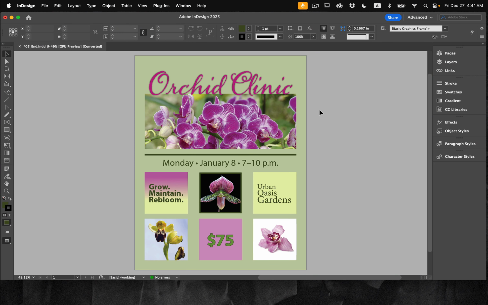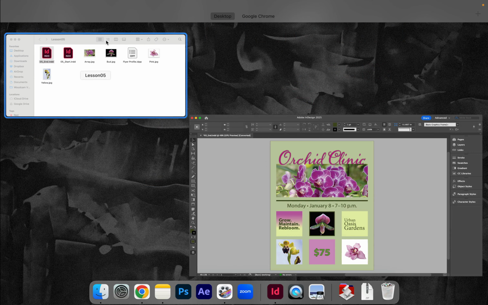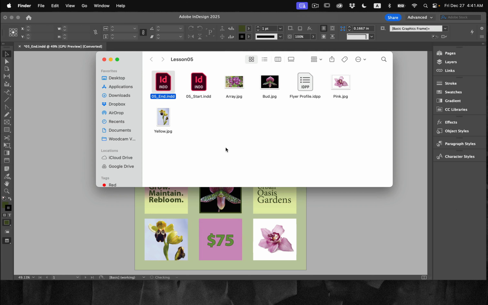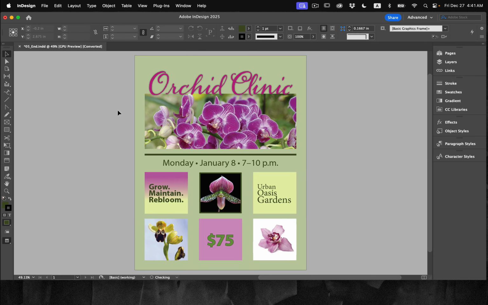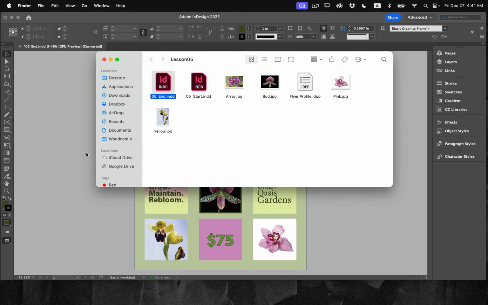Lesson 5 is all about working with colors, making color swatches and managing colors in Adobe InDesign. Before you get started, make sure you've downloaded the Lesson 5 lesson pack. You can have a look at what we're going to be creating if you download and look at the End InDesign document. But for now, we're going to close it out and we're going to open up the 05 Start